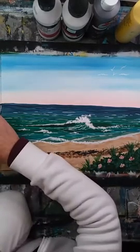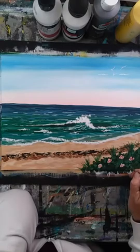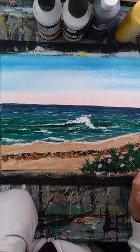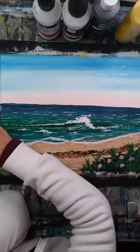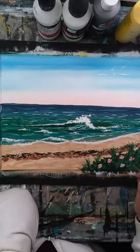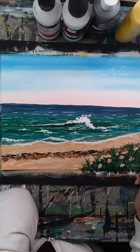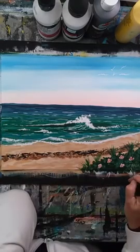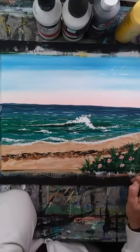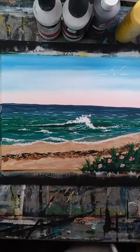I'm going to actually grab a yellow with a tiny bit of green because that wasn't showing up. There we go. So I'm just grabbing yellow with a tiny bit of green to sign my name. Parker. Still not showing up. I've got to lighten that up even more. There we go. I try and pick a color that's going to accent the corner where I'm signing it. I always date it too. So 2021. There we go. And voila, we have an amazing, beautiful...